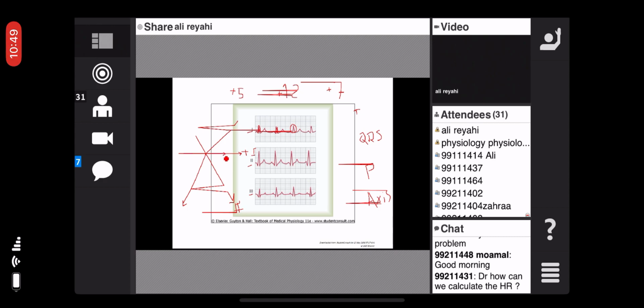We have this one. And in lead 2, we have positive 12 recording of QRS complex. So in lead 2, toward the positive end, we draw the positive 12s, this one. And when we draw the perpendicular lines to lead 1 and lead 2, they cross each other at this point. If we connect this point to the origin of the axis, we have this